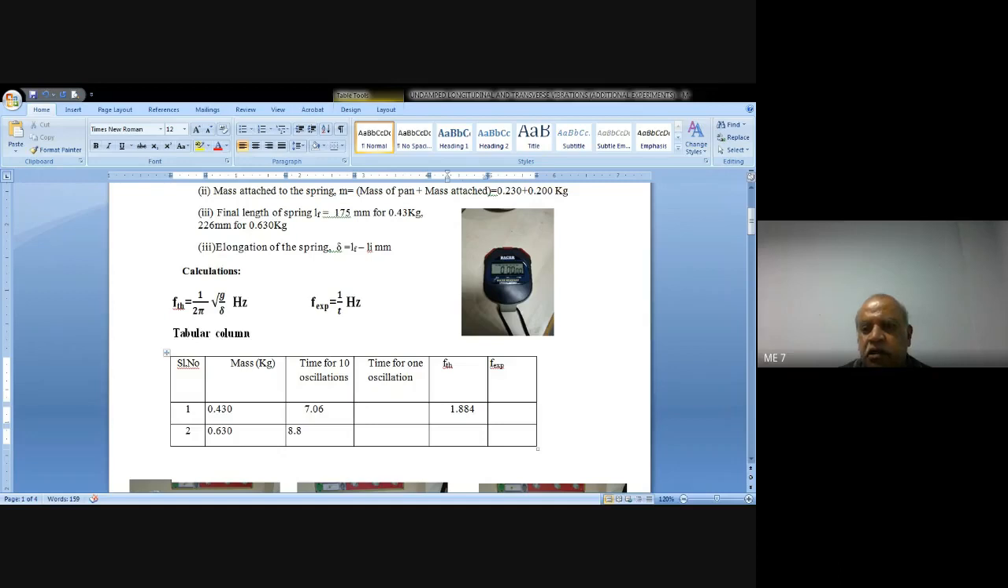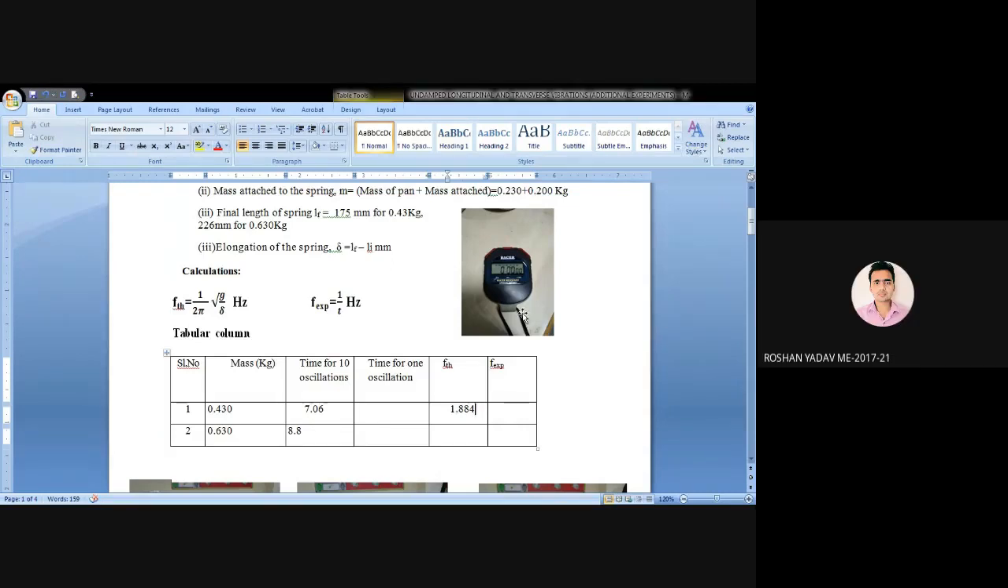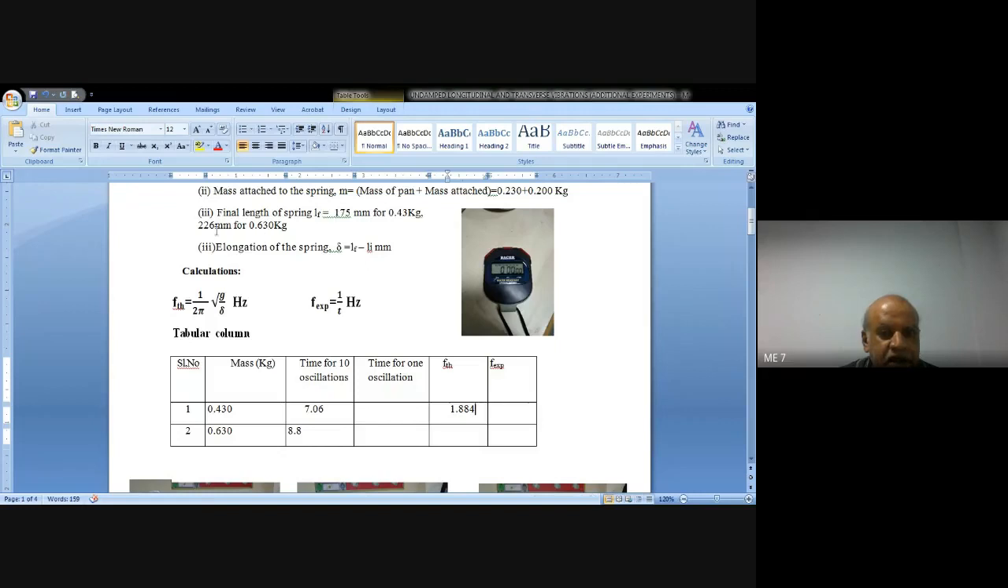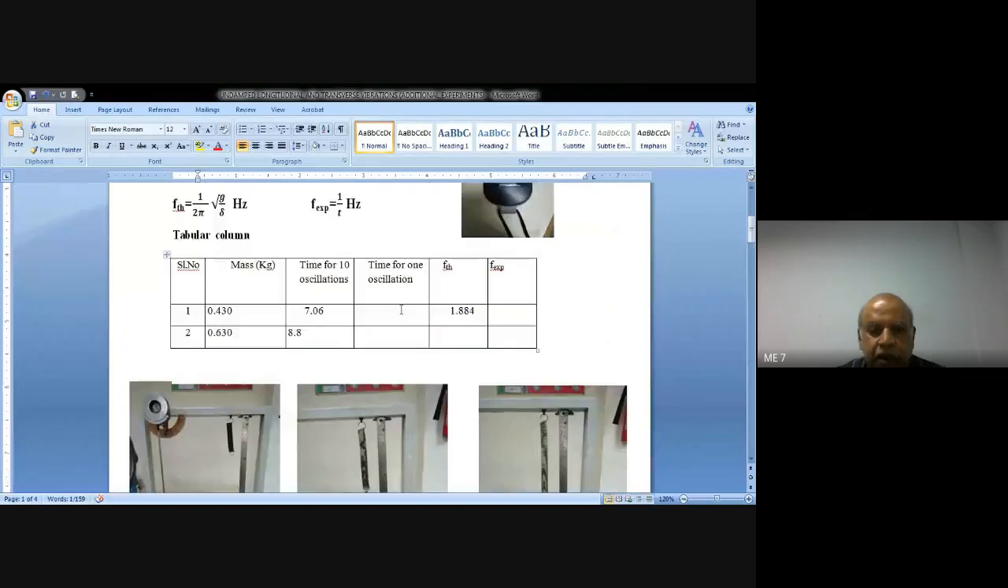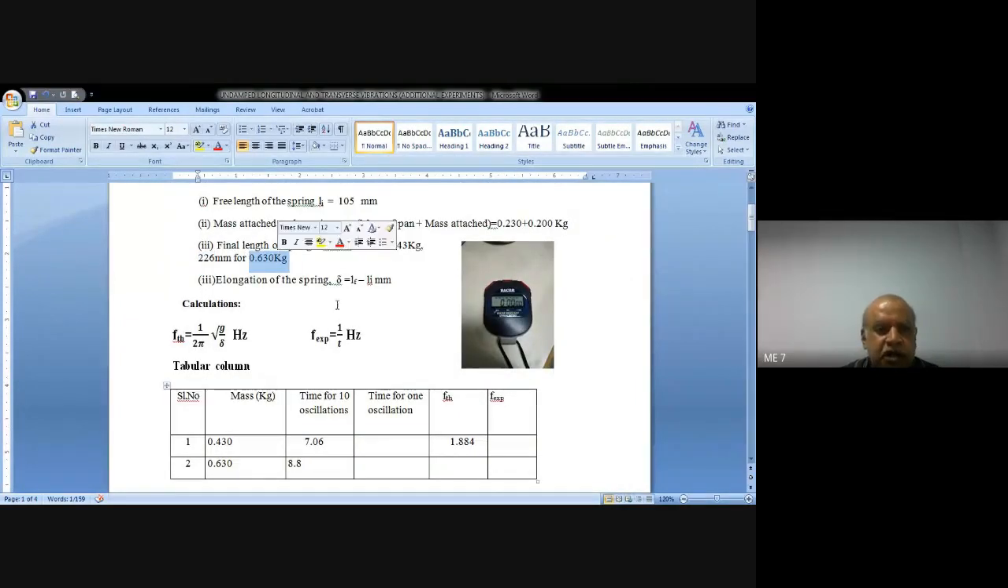Are you getting the value? Yes, sir. Next, the final length of the spring is 226 mm for 0.630 kg. For 0.630 kg, I attach another 200 grams over here, so the elongation will be larger. Here it was 200 grams, here it was 400 grams, and the pan weight is 230 grams. Put together it is 630 grams or 0.63 kg, for which the final length of the spring is 226 mm. So with 226 mm final length and 105 mm initial length of the spring,